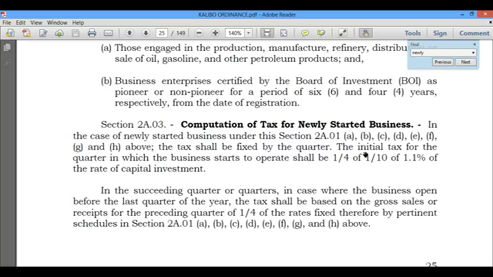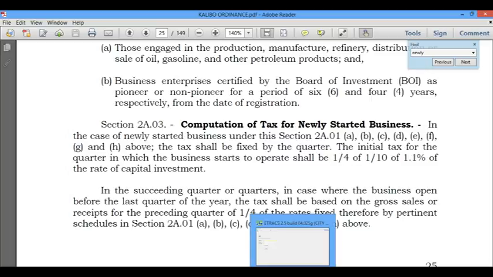Normally for a new business, it's based on capital, and it's 1/4 of 1/10 of 1.1% of the rate of capital investment. So we will try to interpret this into eTRACS.